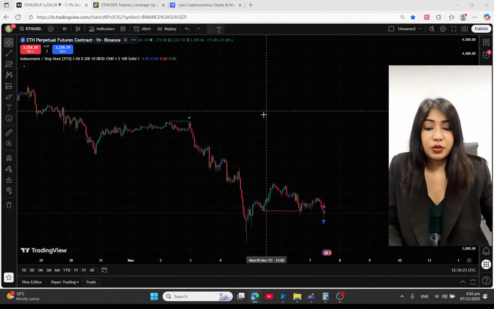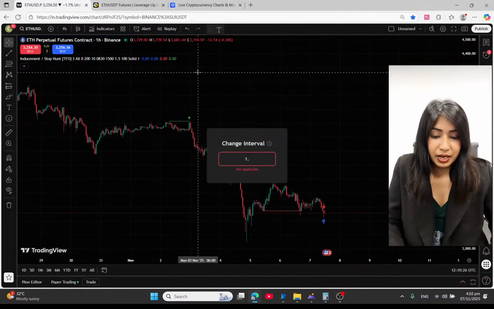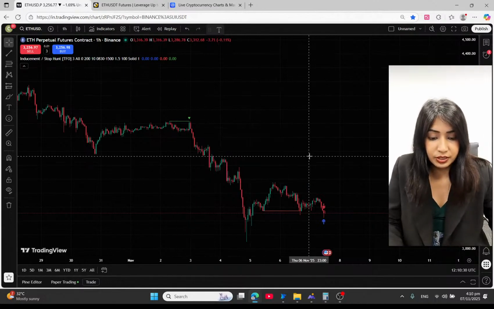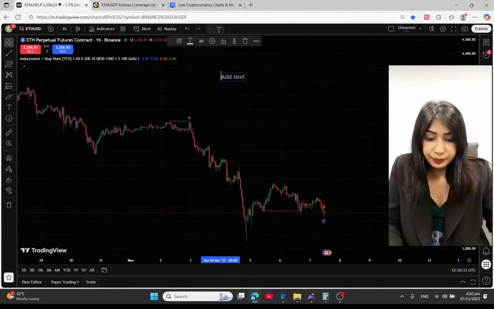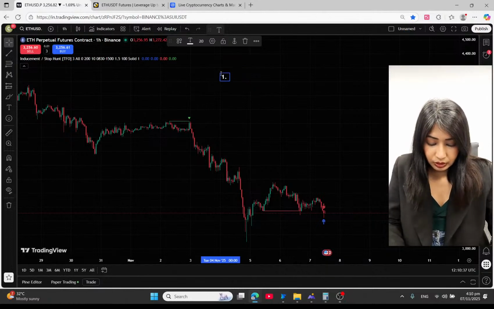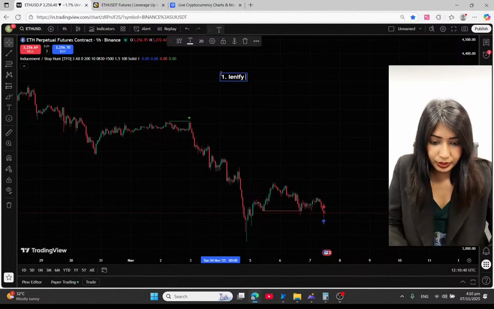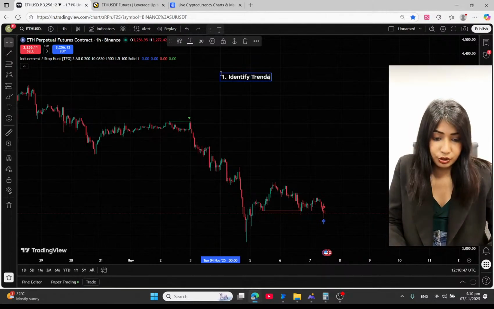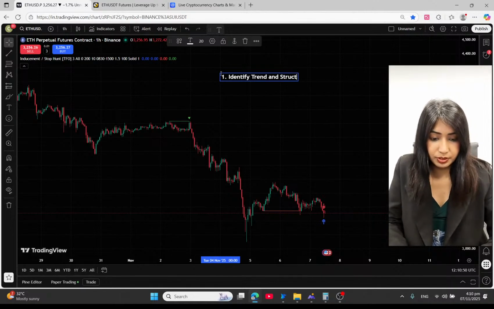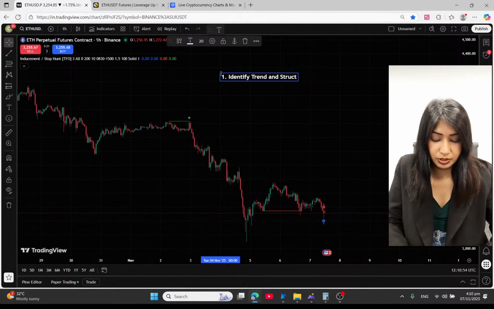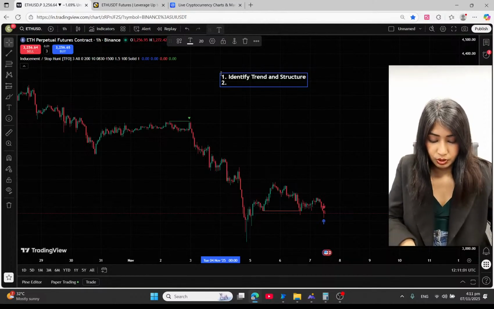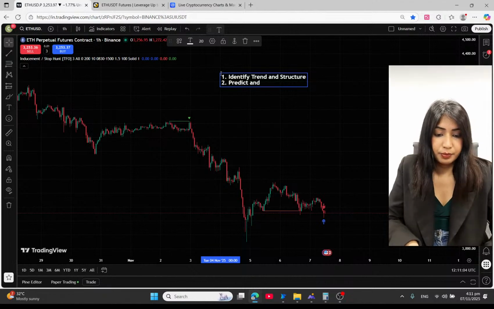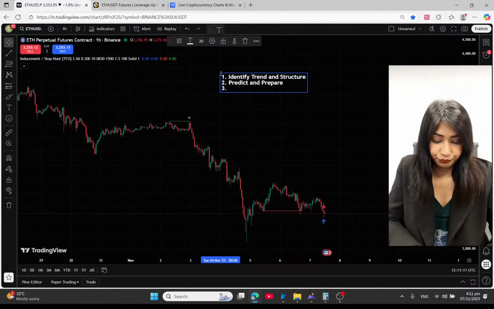Today we are going to see some price action trading strategies. So let me pull out a text here. First and foremost, as part of our price action, we have to identify trend and structure. This is the first step that we need to do. Second, we have to predict and prepare. I will come to all of this, don't worry. Then we have something called